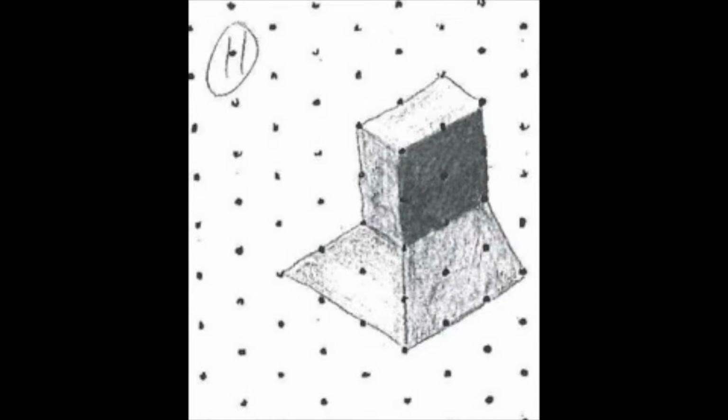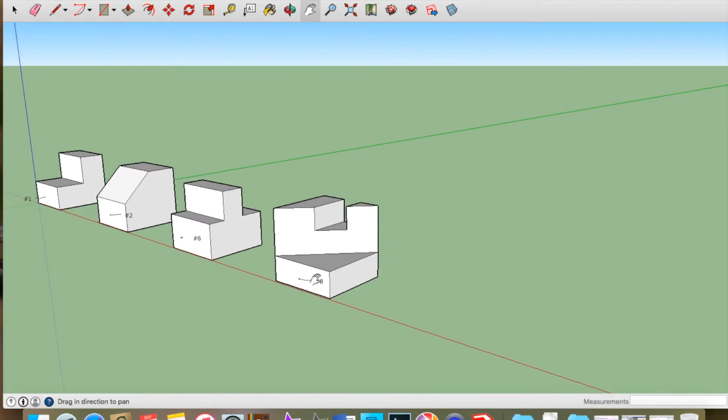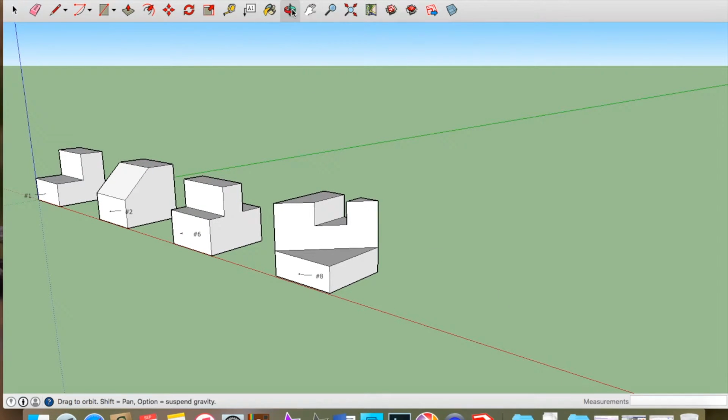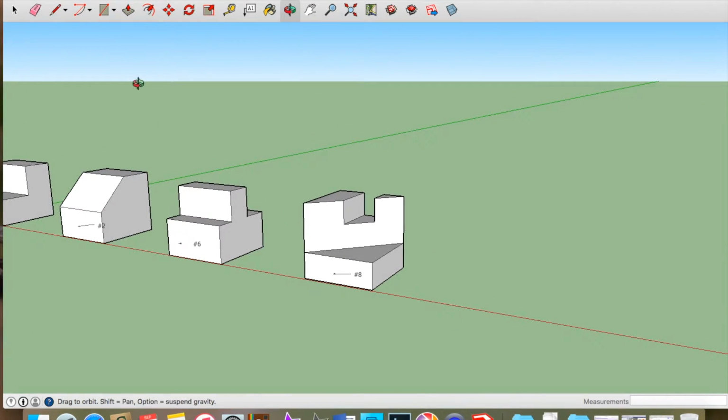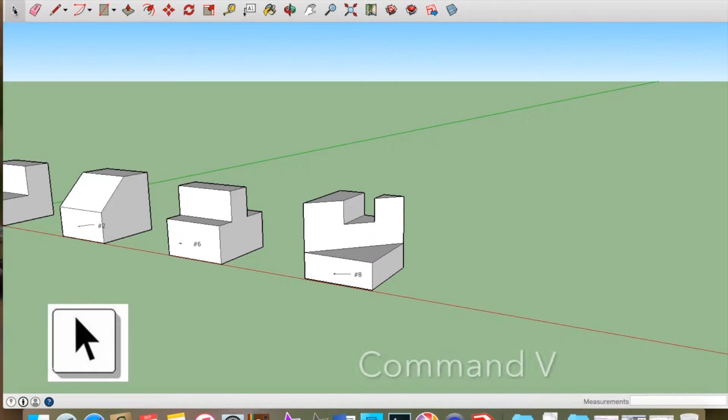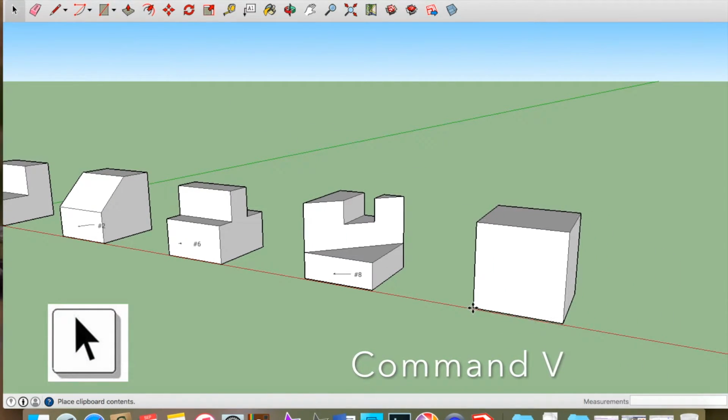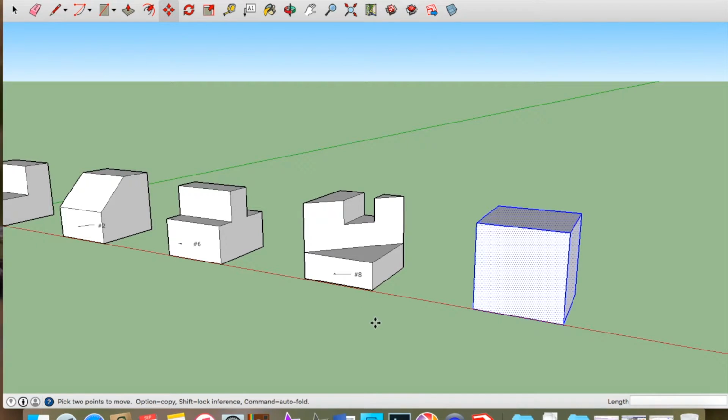Next one we're going to do is number 11, and this one's a little bit more difficult and adds another kind of move that you need to learn. And the problem is the slanted sides that you have on this one. As you look at this, first thing we're going to do is get that column in the middle by pushing down the outside. So Command V, bring in another rectangle here, cube here,